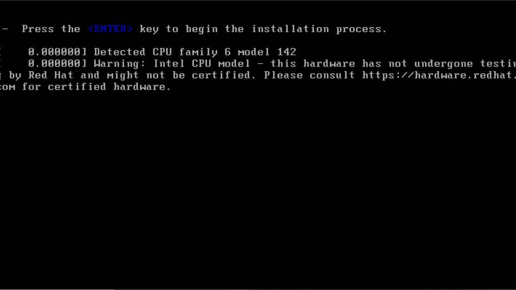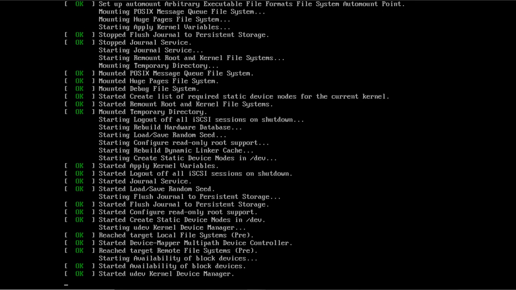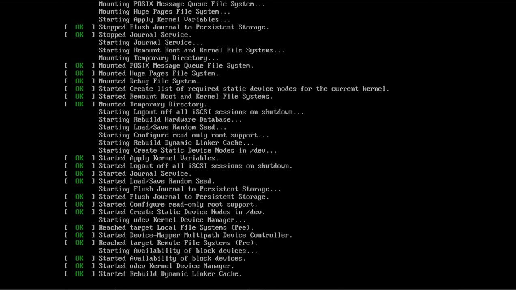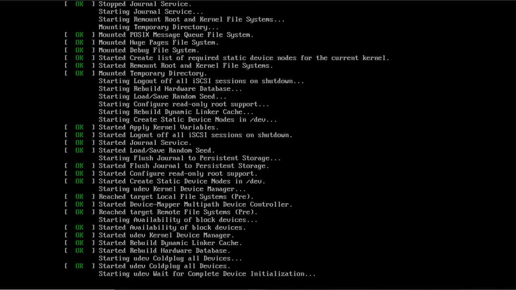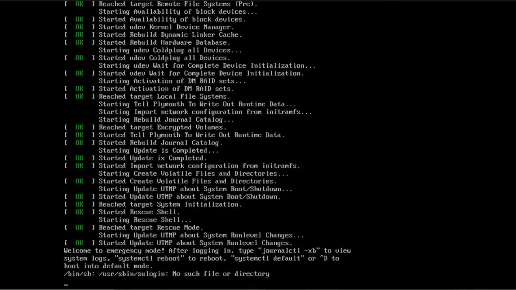Now it will try to boot our system from the DVD. It is booting from our DVD. It will not start our main system.